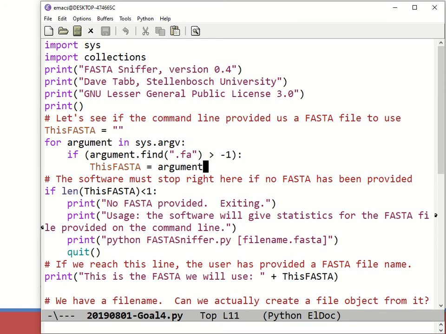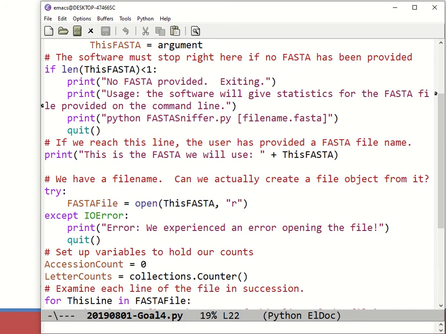We still have our code here for grabbing out the FASTA file name. All of this stuff was code that we had on last week's session. Now, though, when we open the FASTA file handle to create the FASTA file object, we've put it inside a try because that action, the action of opening the file, can create an exception. And we specify that the exceptions we're interested in looking for are IO errors, input-output errors. If we encounter one of those, we are not going to try anything heroic like asking the user for another